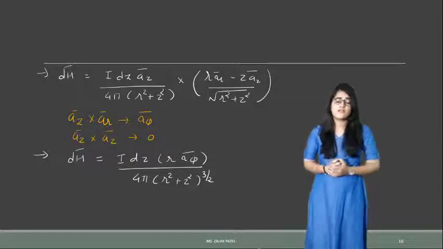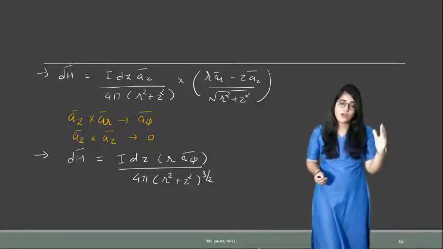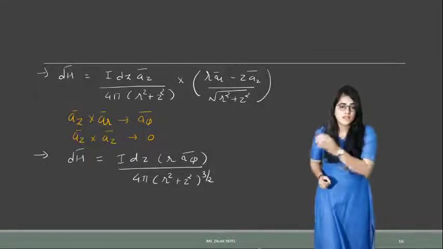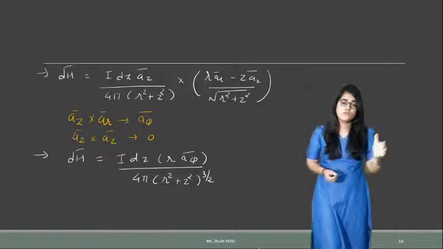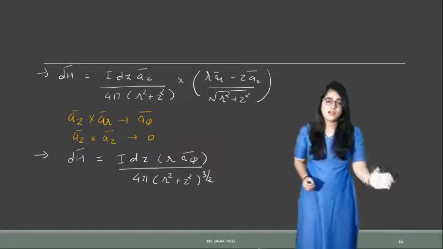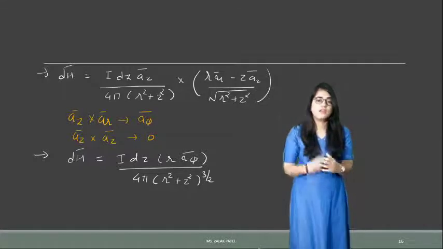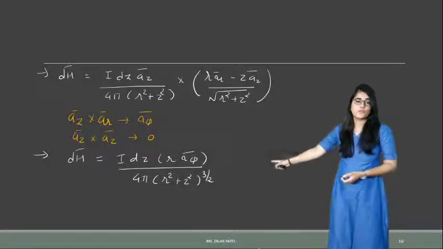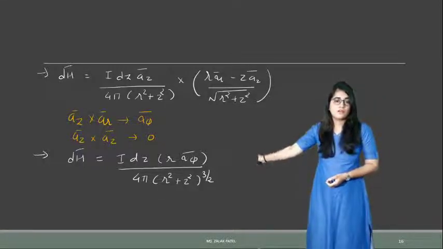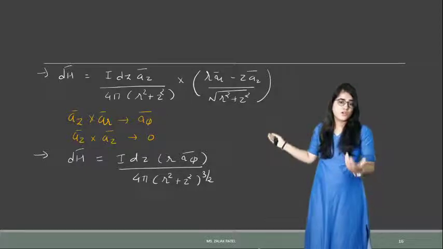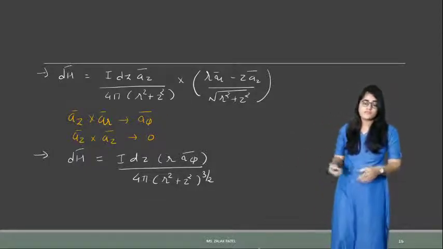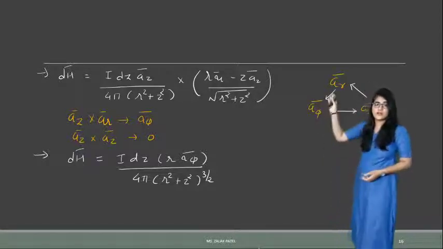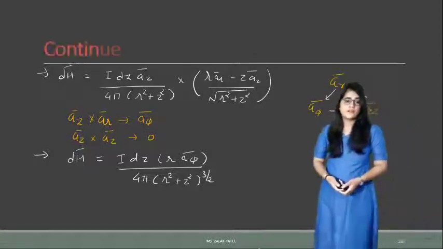Here you have to consider the reference to the x-axis. Like in the Cartesian coordinate system, it is x, y and z, and ax cross ay gives az. Similarly for cylindrical, it is r, phi and z, and ar cross a phi means az. The same way the other coordinates can be done. So here z cross r means phi, so you have to put the value in the equation over here. The remaining z cross z will become 0, so we need to write that down. So the final equation for dh is like this. This is how we have done the cross product for the cylindrical.